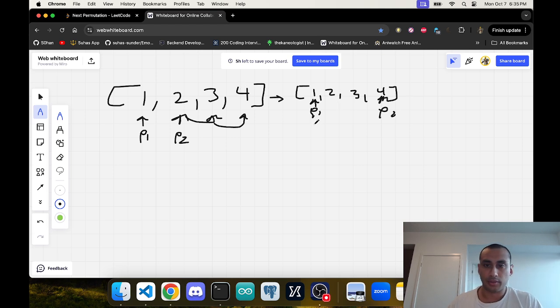We got P2 and P1. So now that we have 4, the next thing I want to do: if everything is greater, that means it's in order. That means it's at the minimum lexicographical thing if it gets to the very end. So now we got to know what we could sub. If everything is greater,